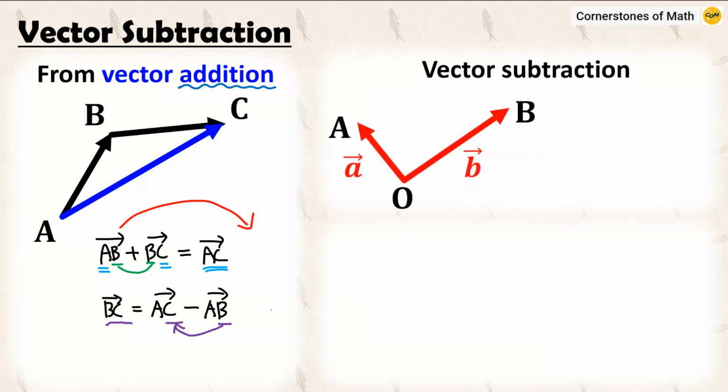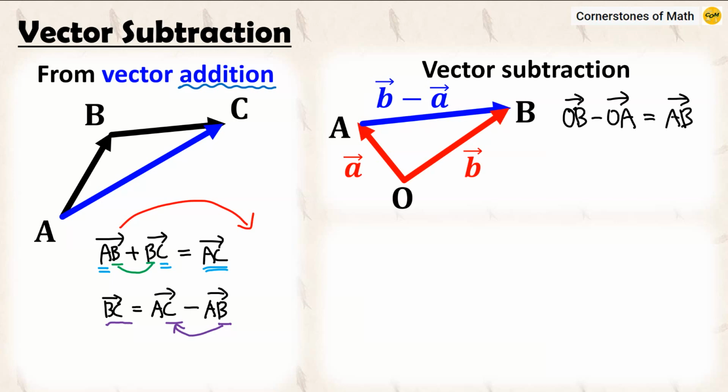In terms of position vectors, it looks like this. Let us consider two position vectors OA and OB using this O as a reference point. Then, if we do the subtraction OB minus OA, we obtain vector AB. That is, the result of this subtraction is a vector from the head of the second vector to the head of the first vector. If you're curious, you can draw this opposite vector minus OA and do the vector addition